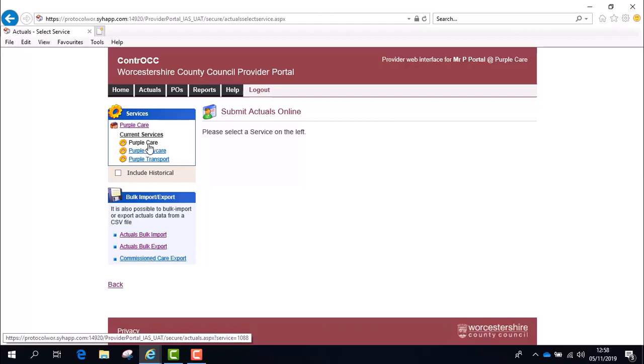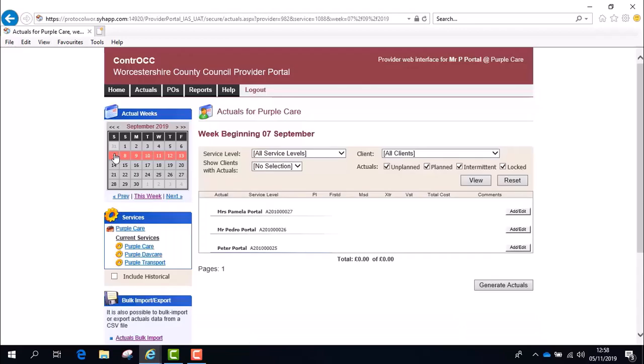In some cases, the actuals delivered will be the same as what has been commissioned by the council. However, in other cases, the actuals may need to be increased, decreased, or removed altogether. To edit the actuals, navigate to the screen that displays the breakdown of the required care packages. If there is no data, press the Generate Actuals button.